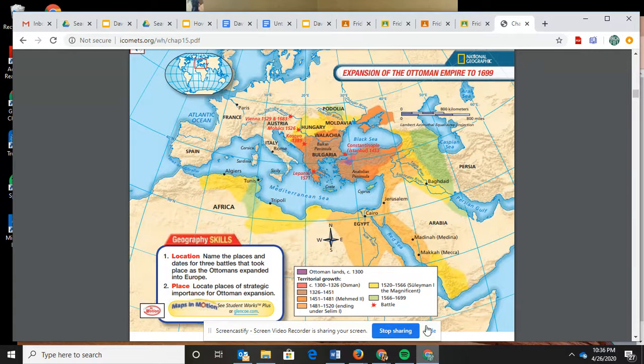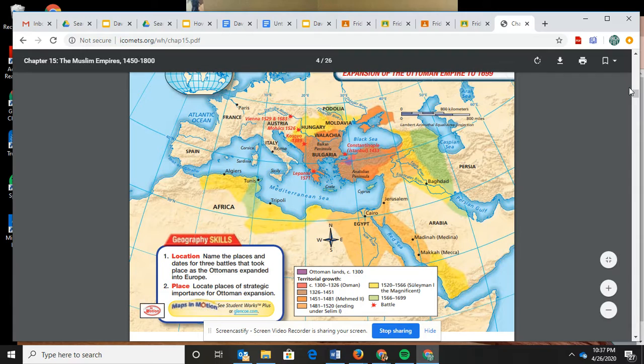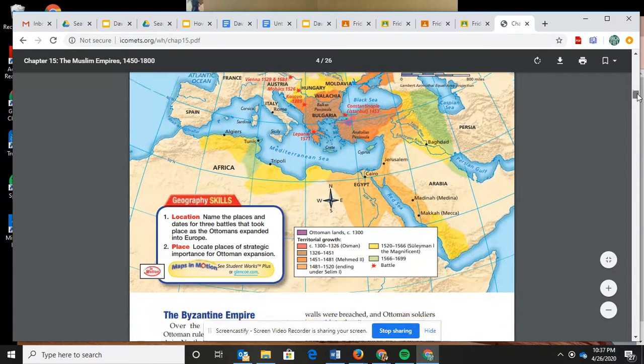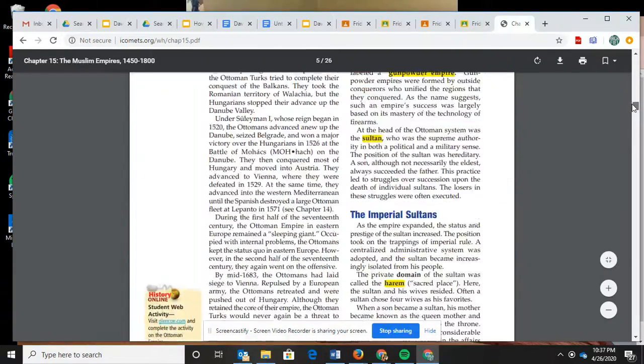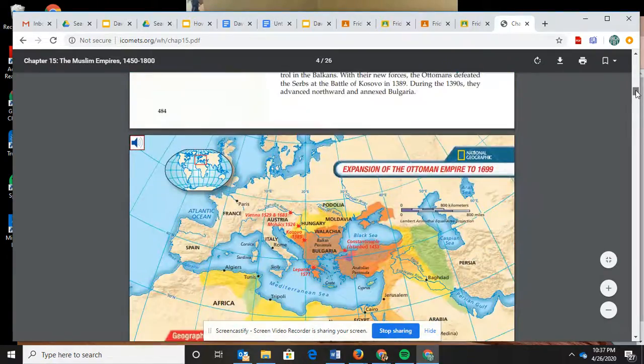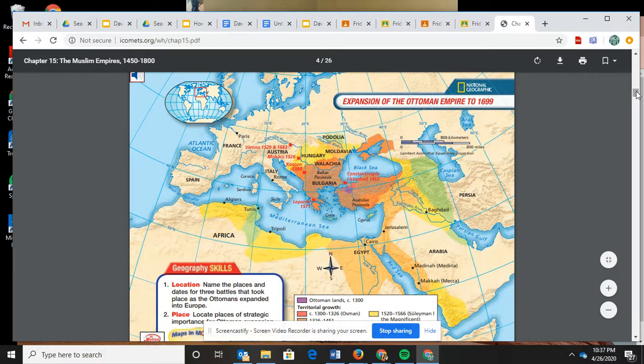Okay, we are back here. So hopefully you got a lot in there about the Ottomans in a quick amount of time. The reason why I like to use this text is because it's a quicker read. So you learned a lot about the Ottomans there. It wouldn't surprise me if there's something related to the Ottomans on a DBQ question. So 1453, they take down Constantinople and create this big empire.